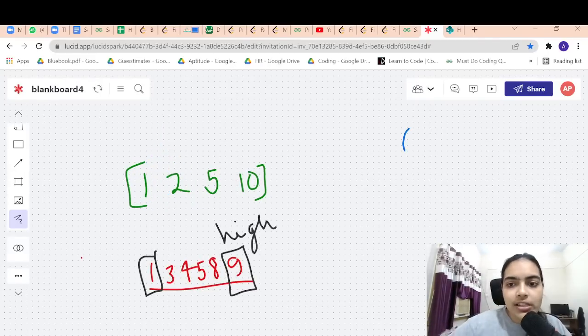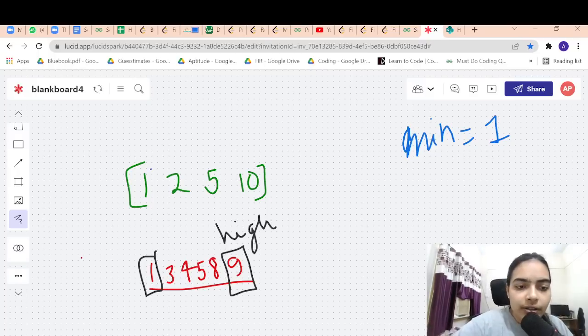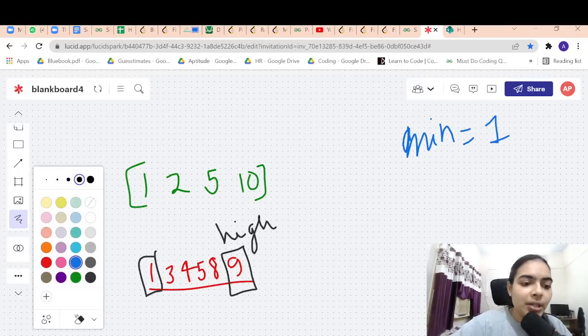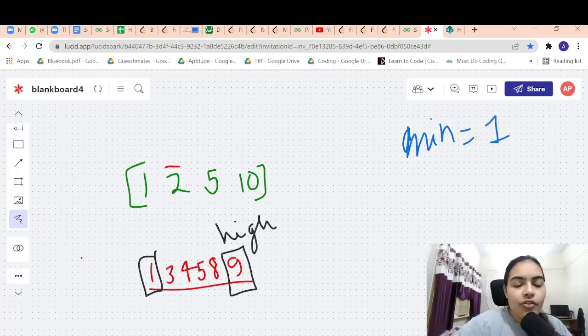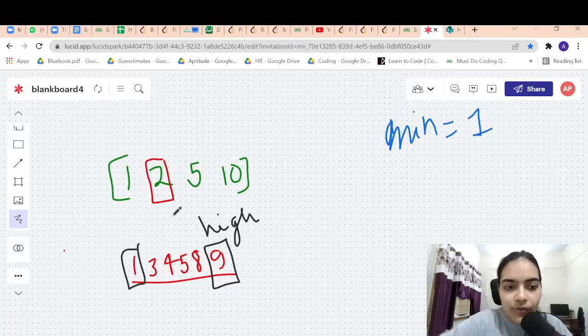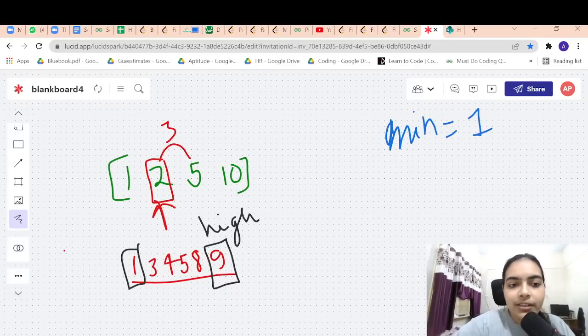Okay, so let's store the minimum, it can be 1, but this was with 1 fixed. We can also get the minimum difference maybe with some other number. For example, let's fix 2. When we fix 2, if you take 2 and 5, you will get 3 as the difference. If you take 2 and 10, you will get 8. So you need not look at later differences. To find the minimum difference, you can just check 2 adjacent numbers. So if we check these 2 adjacent numbers, the minimum difference is 3.